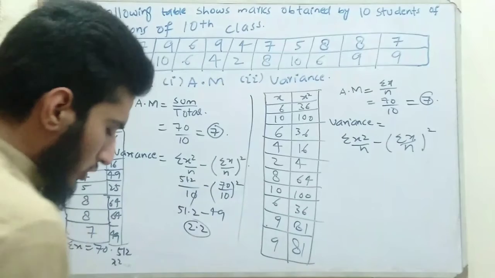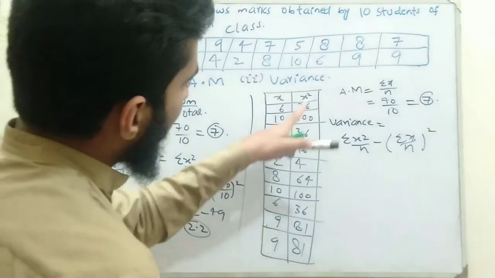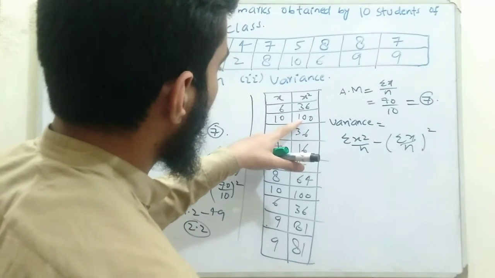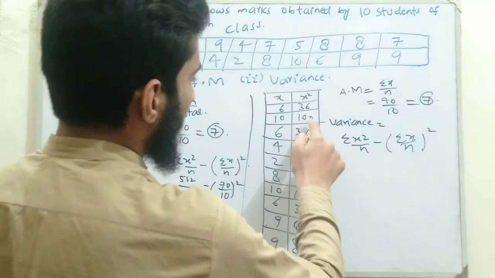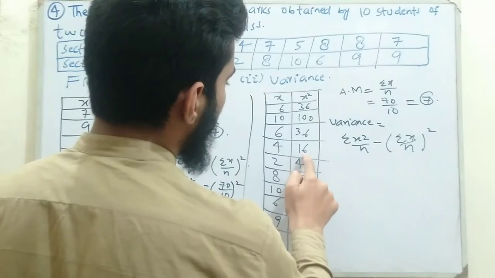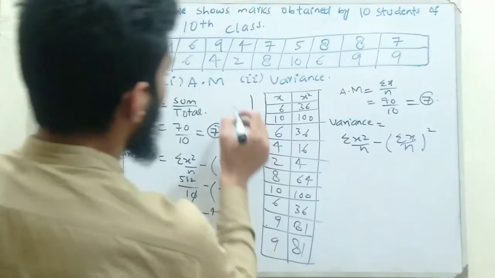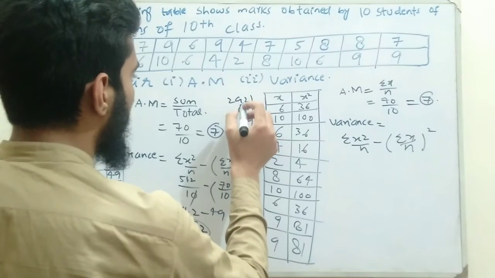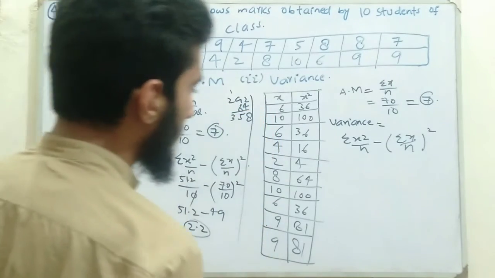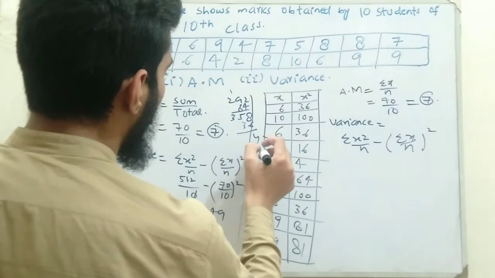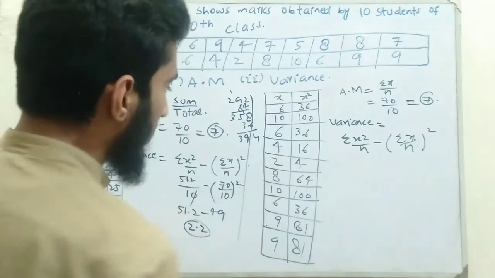Now we are going to find the summation of x square, meaning the addition of all the values of x square. So 36 plus 100, 36 plus 36 is 72, plus 100 gives us 172, and 182, and plus 6 is 188, plus 4 is 192, and plus 100 gives us 292, and 64. So 292 plus 64 gives us 356... and then we add 36 with 8, so it will give us a value of 394.